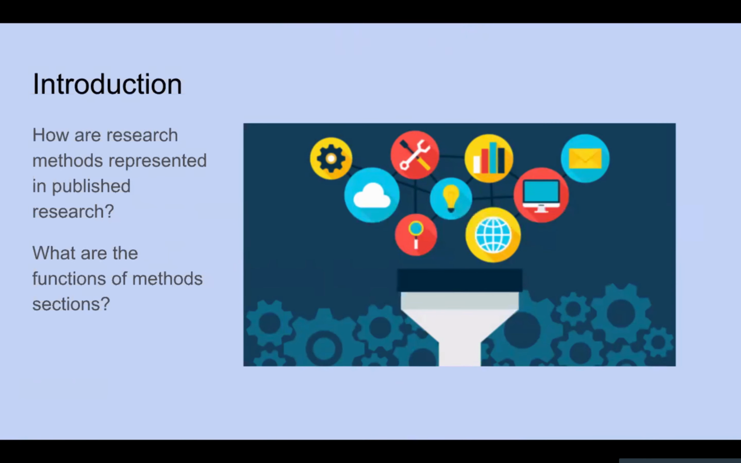So, our micro study seeks to answer two main questions. The first is, how are research methods represented in published research, and what are the functions of method sections? Previous research has already answered these questions as they relate to the representation of methods in graduate dissertation research. However, to date, no study within the field of technical communication has provided a comprehensive survey of how method sections operate in published research. Our study seeks to provide a counterbalance to the available research on the representation of methods